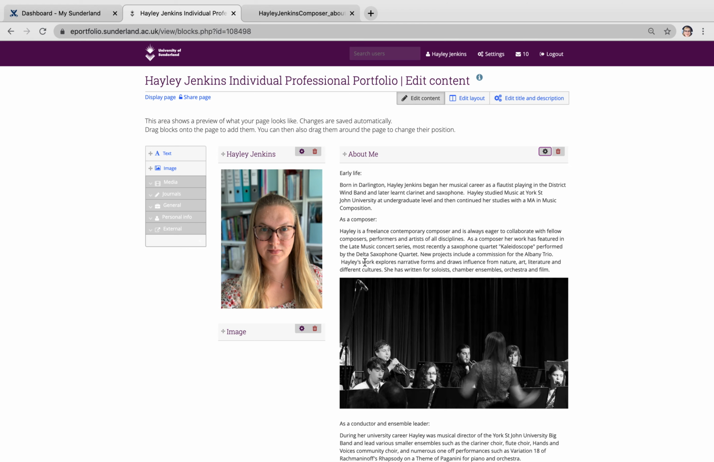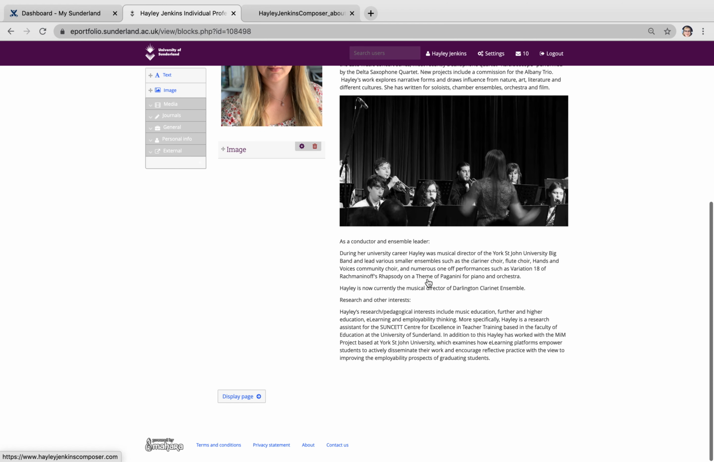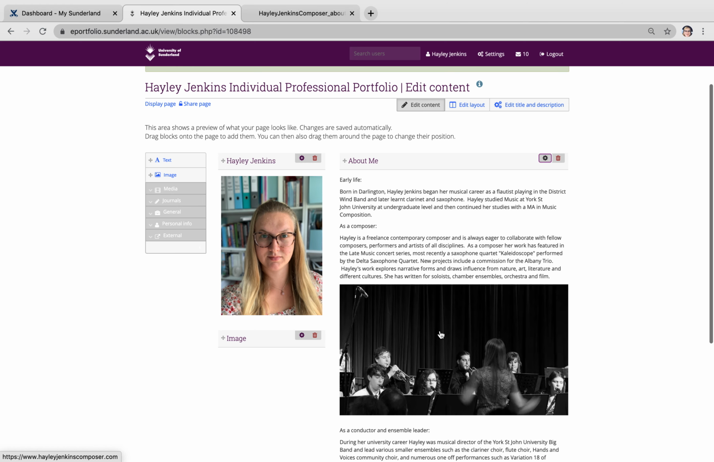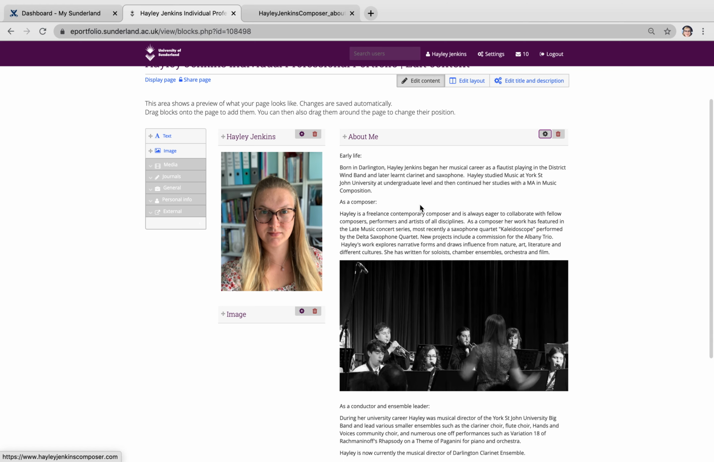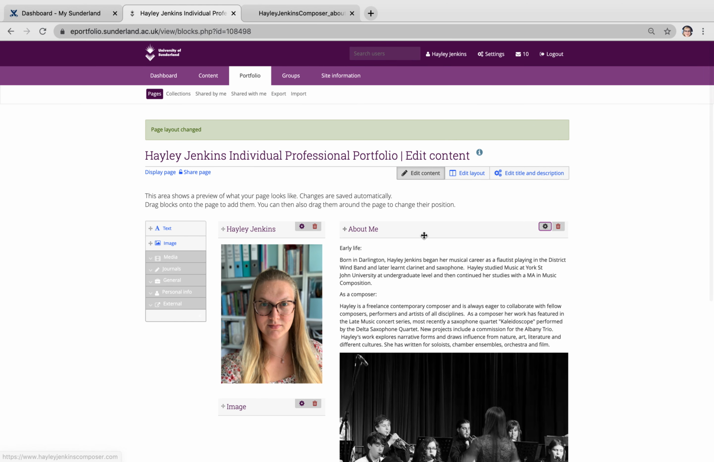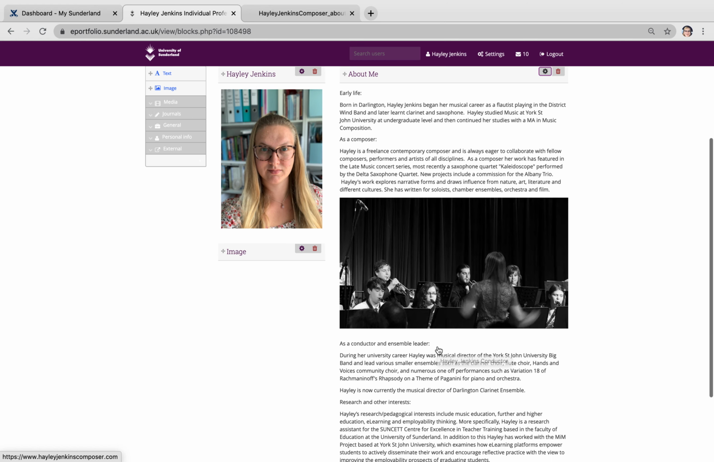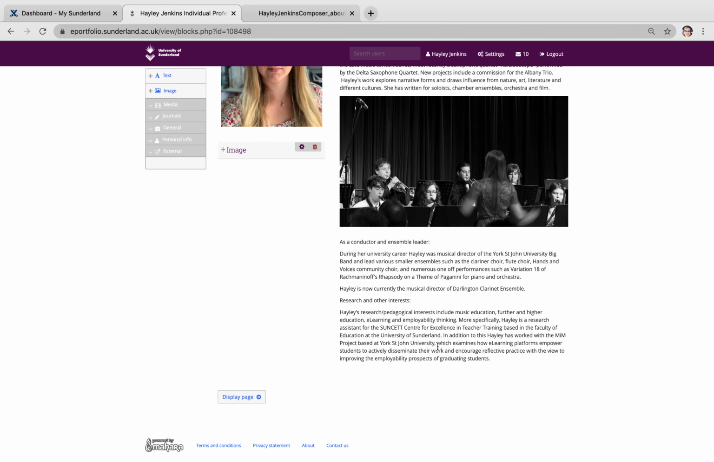What I might then do is take that image out and have the image down the side, and I can cut that out and paste it somewhere else. The important thing about ePortfolio is there isn't a very good spell check on it. If you've got Grammarly as part of your web browser, it might check your spelling. So what I would do is put it into a Word document first